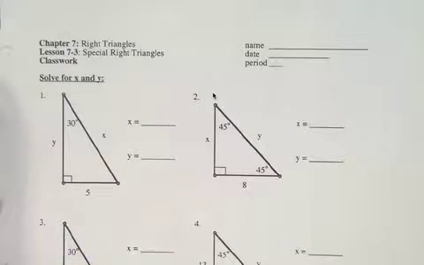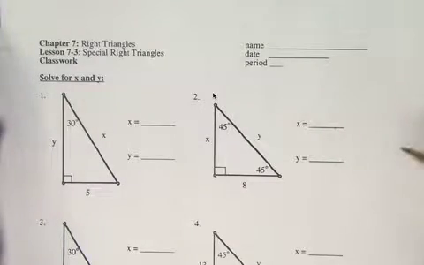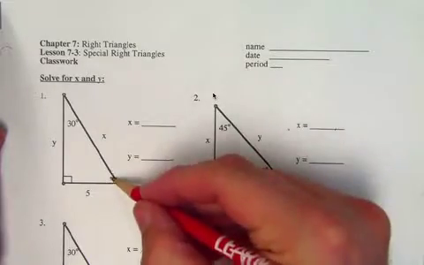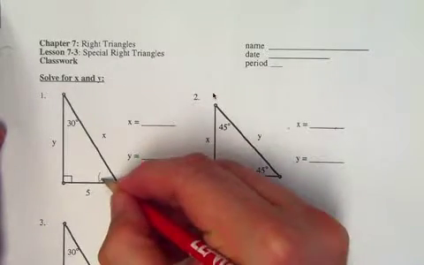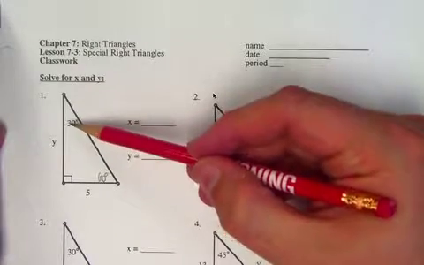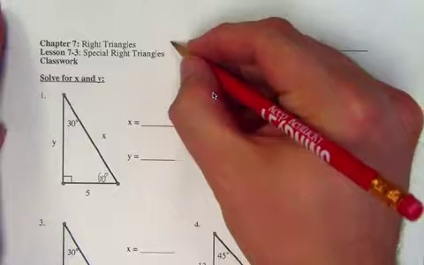Okay, I'm going to review with you your homework assignment or your classwork assignment over 7-3, special right triangles. First thing I want to do for question 1 is identify this angle measure down here, and it would be 60 degrees. So we recognize that we have a 30, 60, 90 right triangle, and we remember that for a